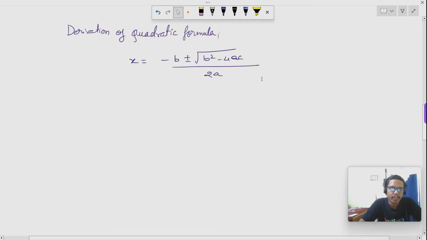In this video, we are going to talk about the derivation of the quadratic formula. In the previous video, we discussed the standard form of a quadratic equation, its applications, and some of the methods that are used to solve quadratic equations. The standard form of a quadratic equation, as we already know, is ax square plus bx plus c